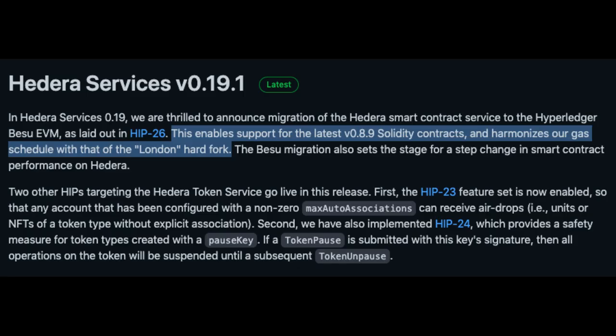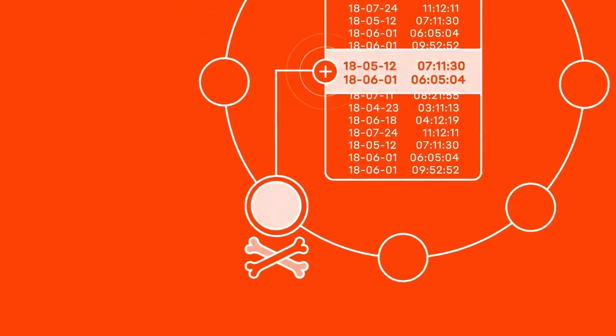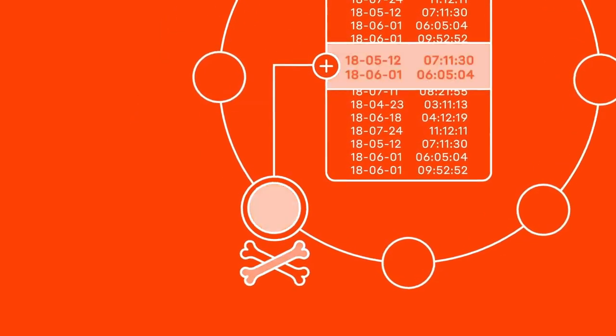The Hedera Services version 0.19.1 update also mentioned how Solidity contracts will be supported on Hedera, and there will be a harmonizing of gas schedules apparent in the recently implemented Ethereum London hard fork, which is centered around reducing volatility associated with transactions on the Ethereum network. The support for Solidity smart contracts, which are native to the Ethereum network, will be able to be transferred to the Hedera network. The capability for smart contracts to be actively shared between networks is not only due to updates